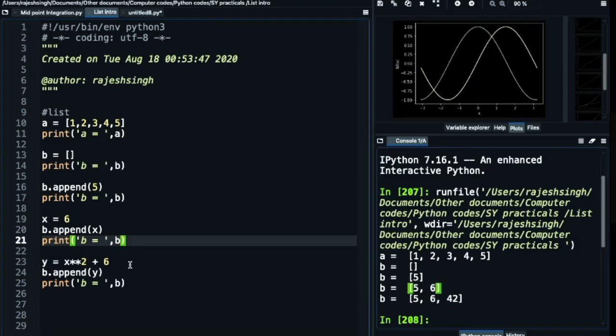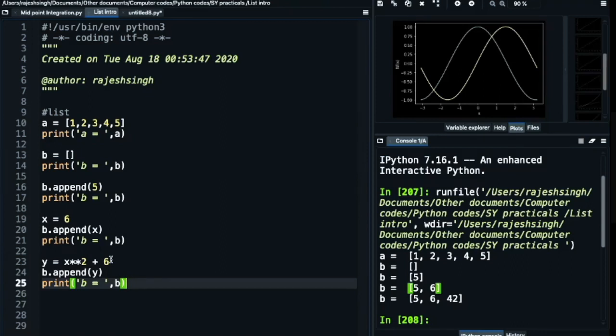And you can use a formula also. I'm just giving you a random one, x star star 2. Star star is for squaring. So this is x square plus 6. When you put this into y and append b by y, you will find that x was 6, x square is 36 plus 6, that is 42.